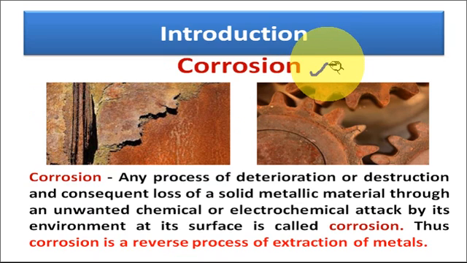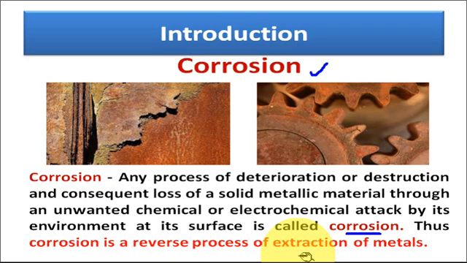What is corrosion? Basically, any process of deterioration or destruction and consequent loss of a solid metallic material through an unwanted chemical or electrochemical attack by its environment at its surface is called corrosion. So basically, corrosion is the degradation of any pure metal or alloy by its surrounding environment, and it is always an unwanted